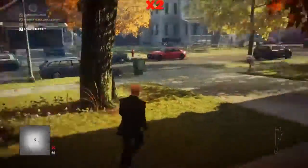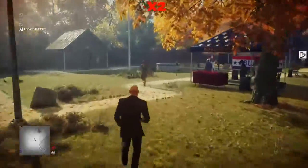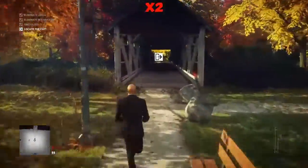But there you go, that's the 2 more challenges completed. Today we're going to take the bridge exit. I can't actually remember what the gas challenge was now,